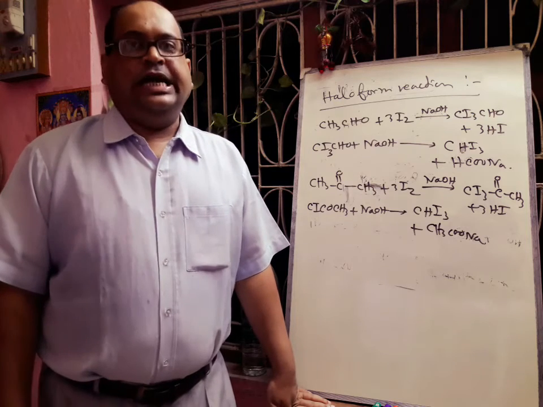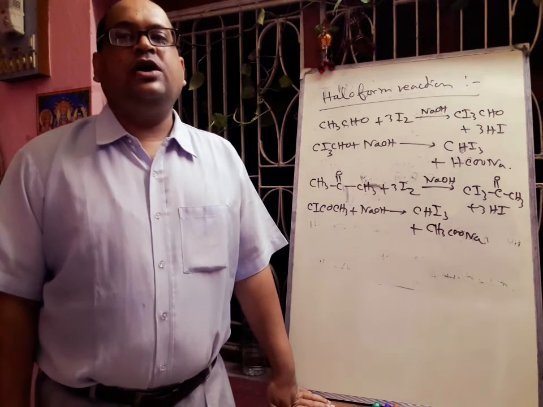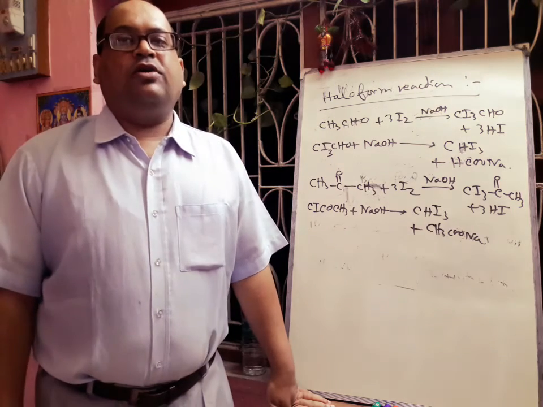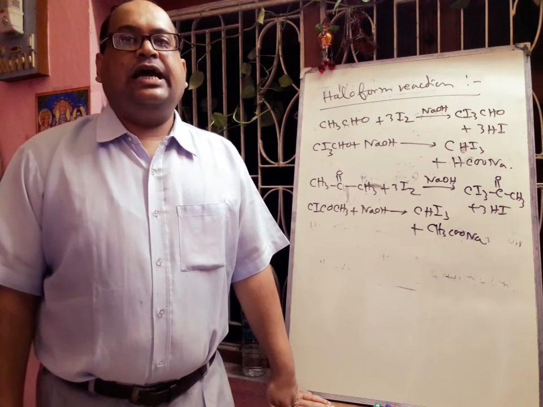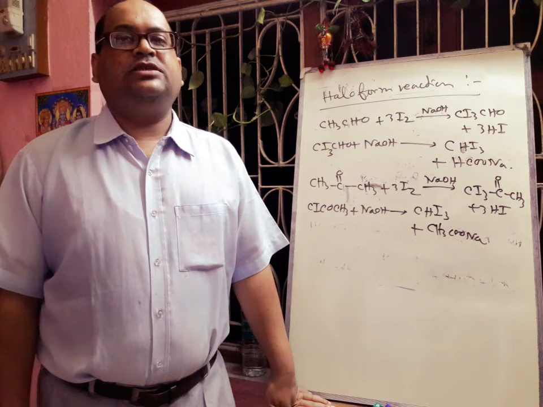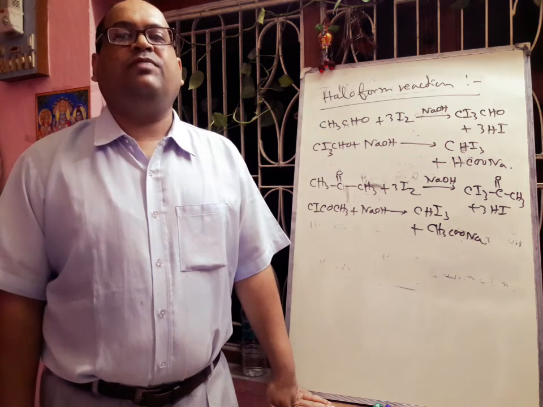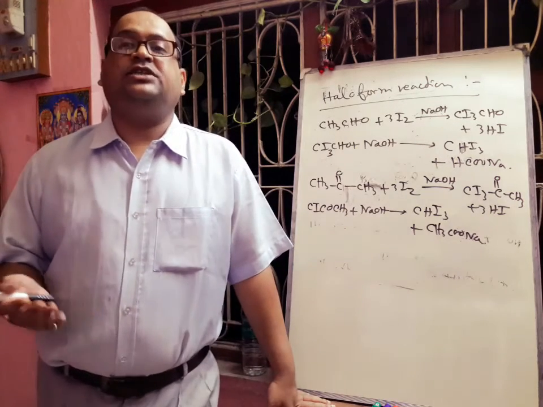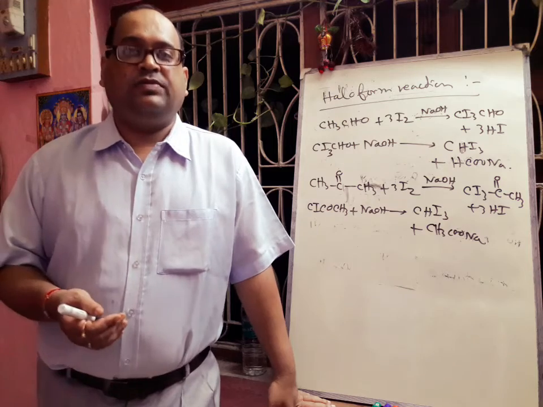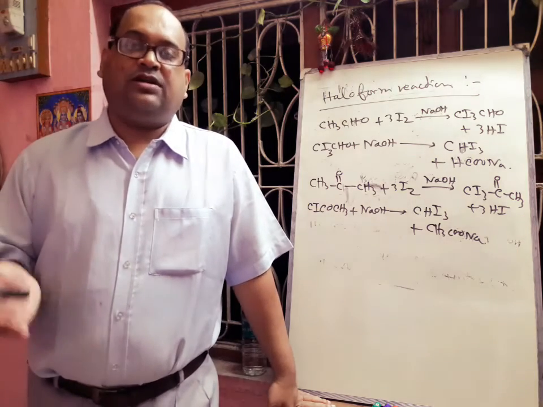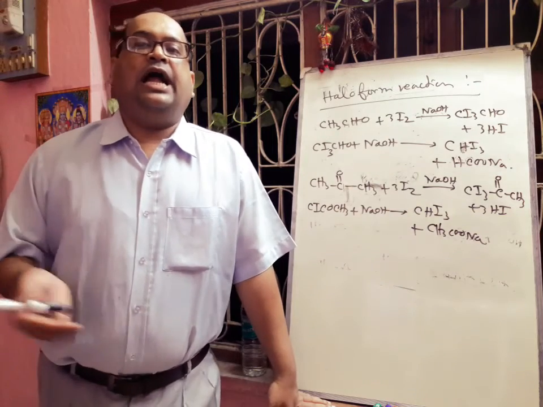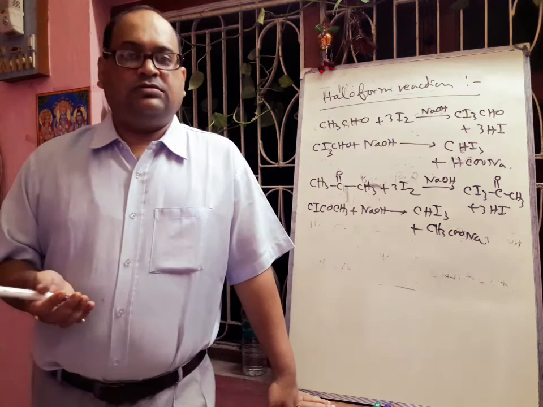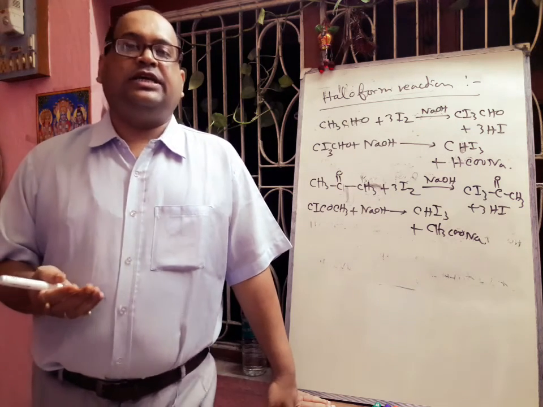It may be noted that the haloform reaction is given by all compounds containing the CH3CO group, and the compounds which on oxidation with halogen and alkali yield compounds having the CH3CO group. Common compounds which respond to these haloform reactions are alcohol, that means ethyl alcohol CH3CH2OH, and acetaldehyde having the ketomethyl group. Actually alcohol will also convert by oxidation with iodine and NaOH to a CH3CO group, and acetone having a CH3CO group, or you can think about butanone, the ketones containing a CH3CO group.